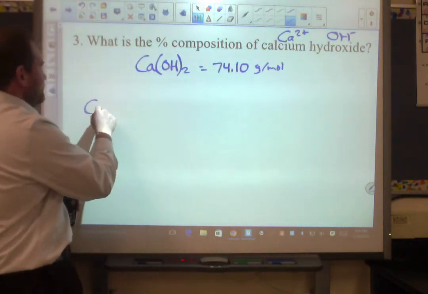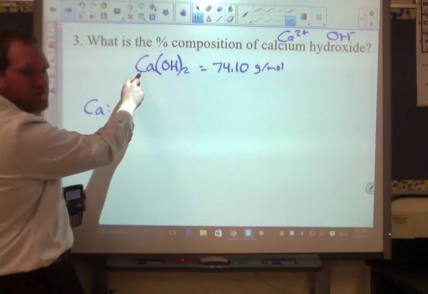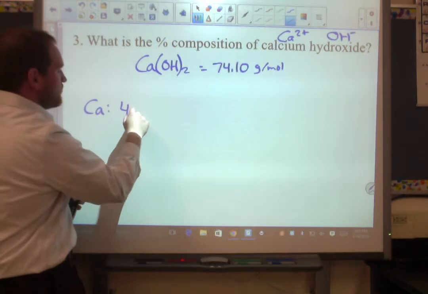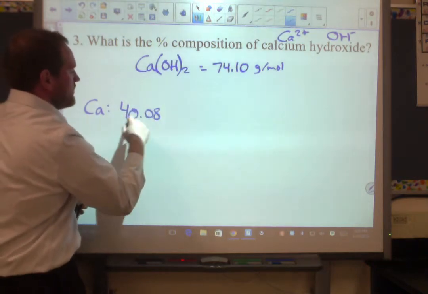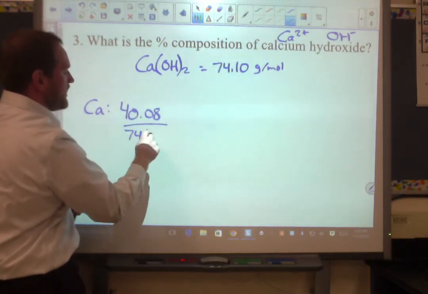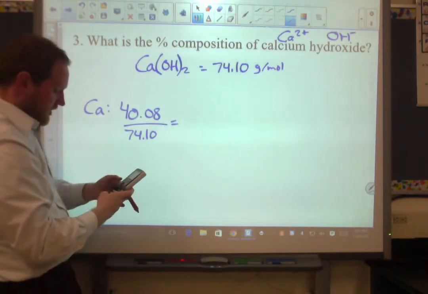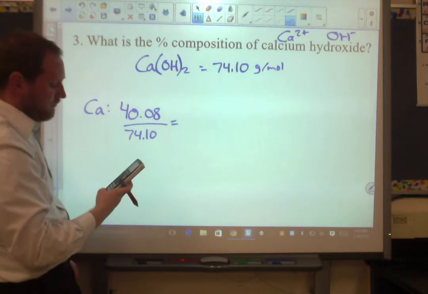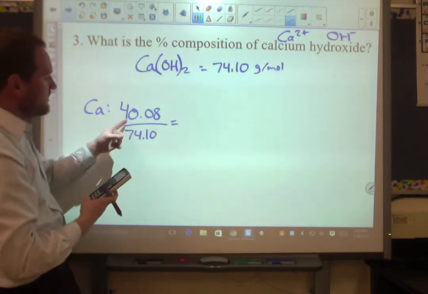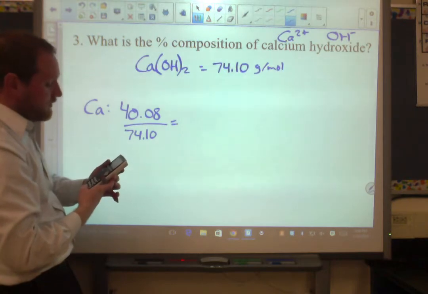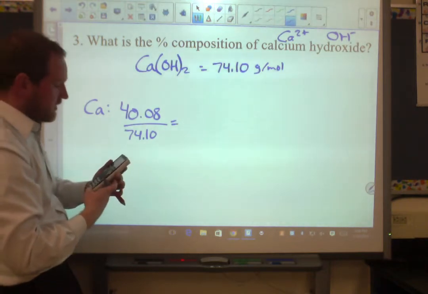So for calcium, it's only 1 atom in this formula unit. So it's just going to be 1 calcium, which is 40.08, divided by the total, 74.10. 40.08 divided by that answer gives me 0.5409. Now looking at sig figs, I see 4 and 4. I'm going to go with 54.09%